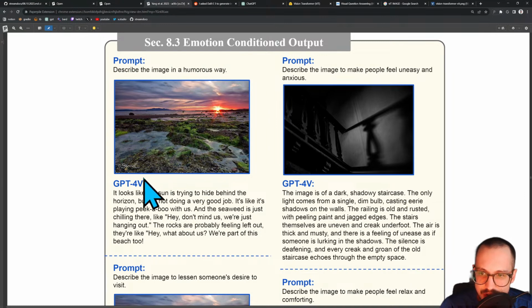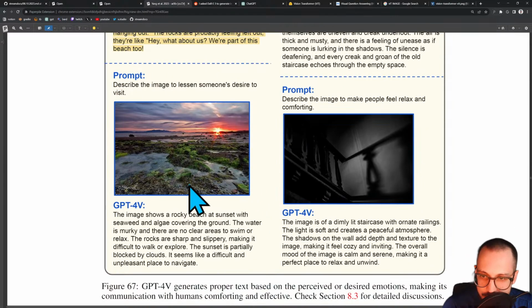Describe the image in a humorous way. It's like playing peekaboo with us. The seaweed is just chilling there like, hey, don't mind us. We're just hanging out. The rocks are probably feeling left out. And they're like, hey, what about us? We're part of this beach too. It's a little bit of a cringe joke, but